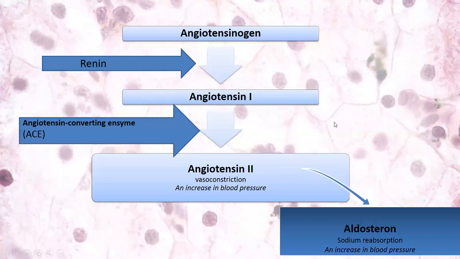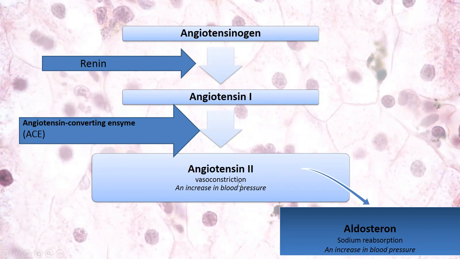So what is the mechanism of the hormones of the juxtaglomerular apparatus? Juxtaglomerular cells produce renin. And renin catalyzes the reaction of transformation of angiotensinogen to angiotensin 1. After that, angiotensin 1 is converted to angiotensin 2 by angiotensin converting enzyme. And it is always present in blood plasma, so only renin is needed to activate this